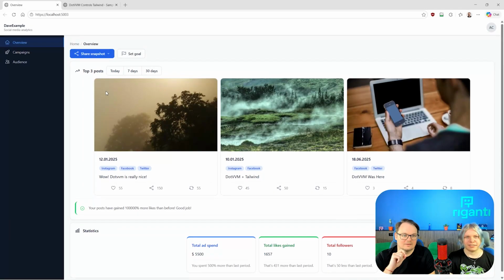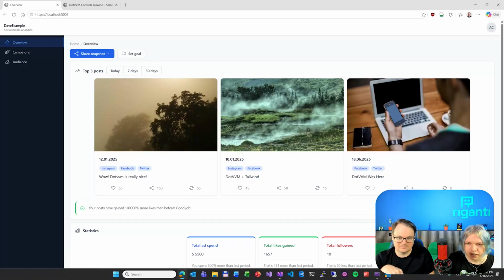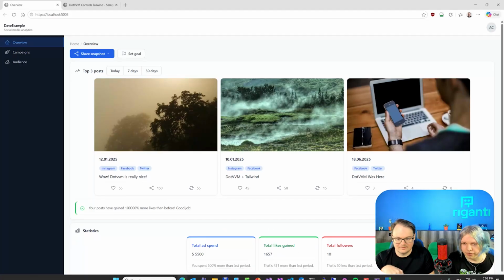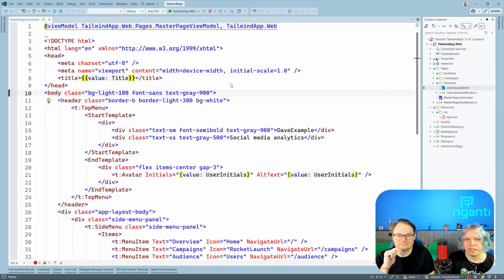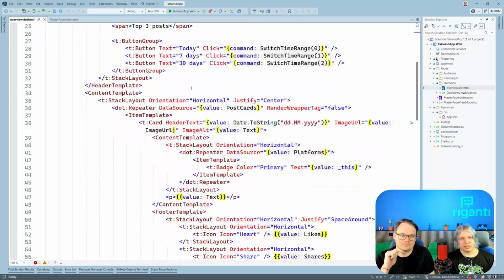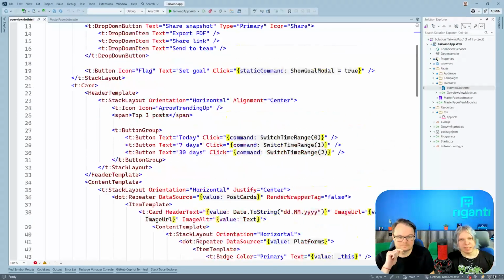So, can we jump to the code to see how this experience is created? Hopefully I can. Is this the one? Yeah. Okay, so within our overview, we are on the code. So basically,